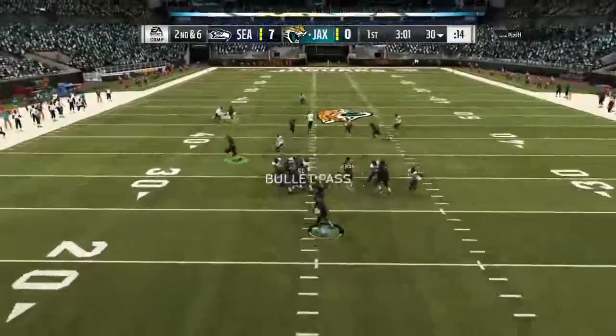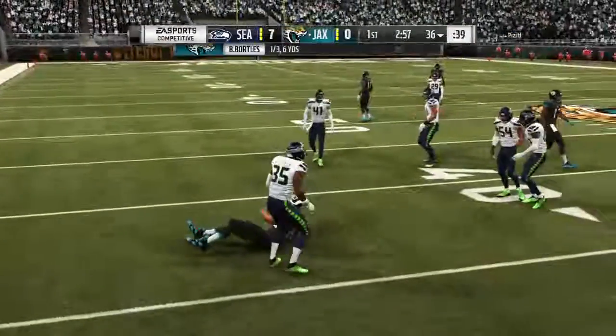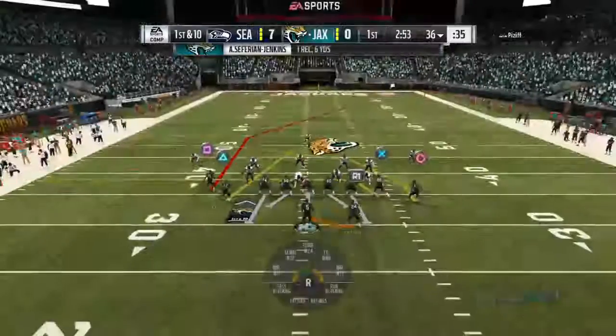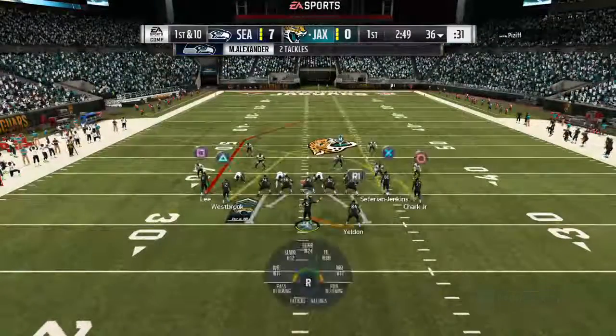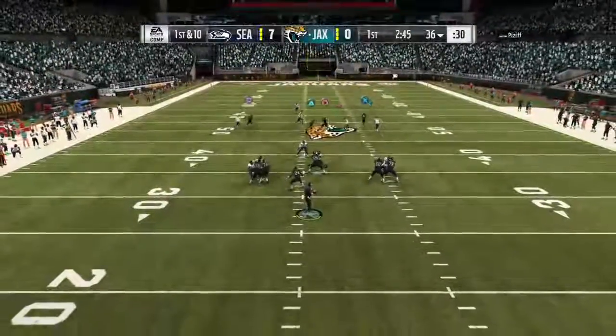A fake to Fournette. Now it's Bortles to throw. Left side, complete. Safarian Jenkins. Bortles to the former Jet, Safarian Jenkins for the Jags' first down. That's a staple of this offense. Drag route to the tight end. Yeah, he's unable to use his size to break off much more yardage after the catch, but still an effective